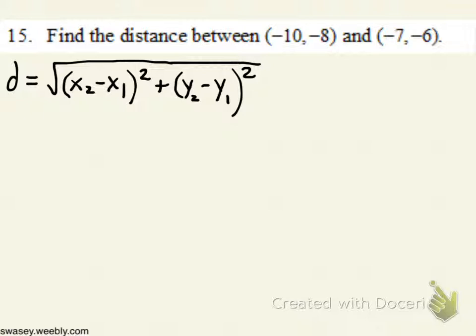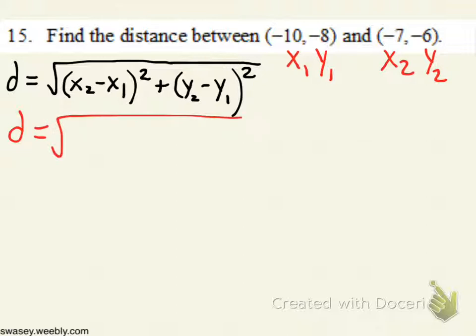Here we're trying to find the distance. To find the distance between 2 points, you'll use the distance formula. So you can label your points x sub 1, y sub 1, x sub 2, y sub 2. Substitute into the distance formula. X sub 2, in this case negative 7, minus a negative 10